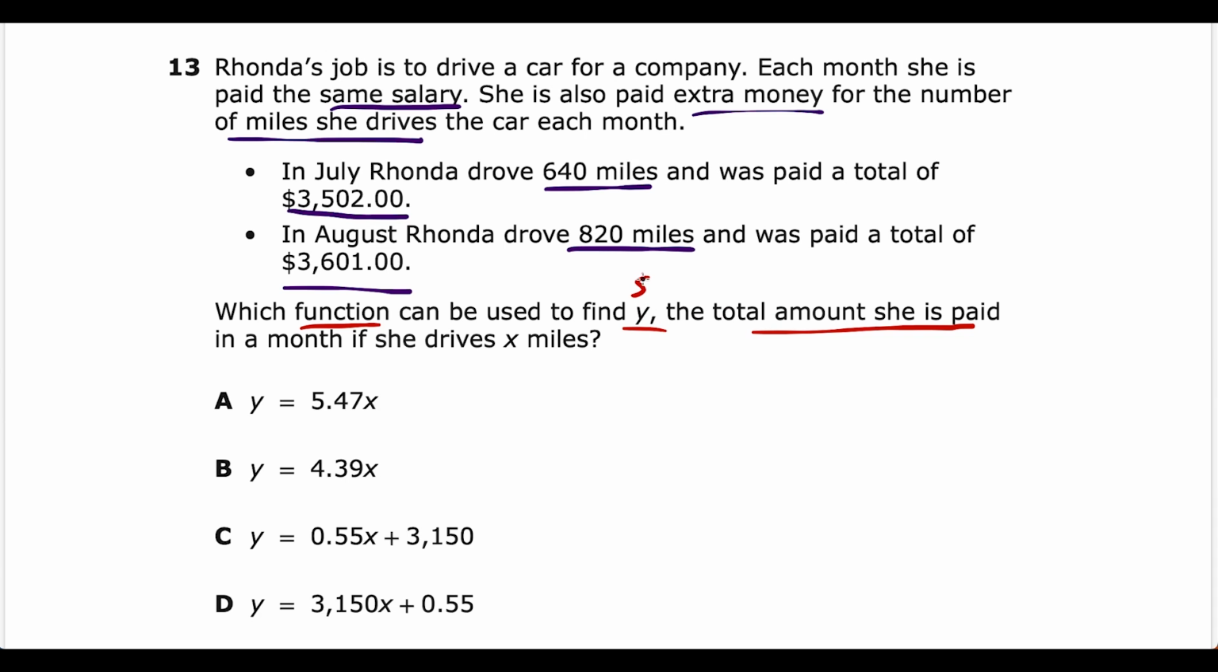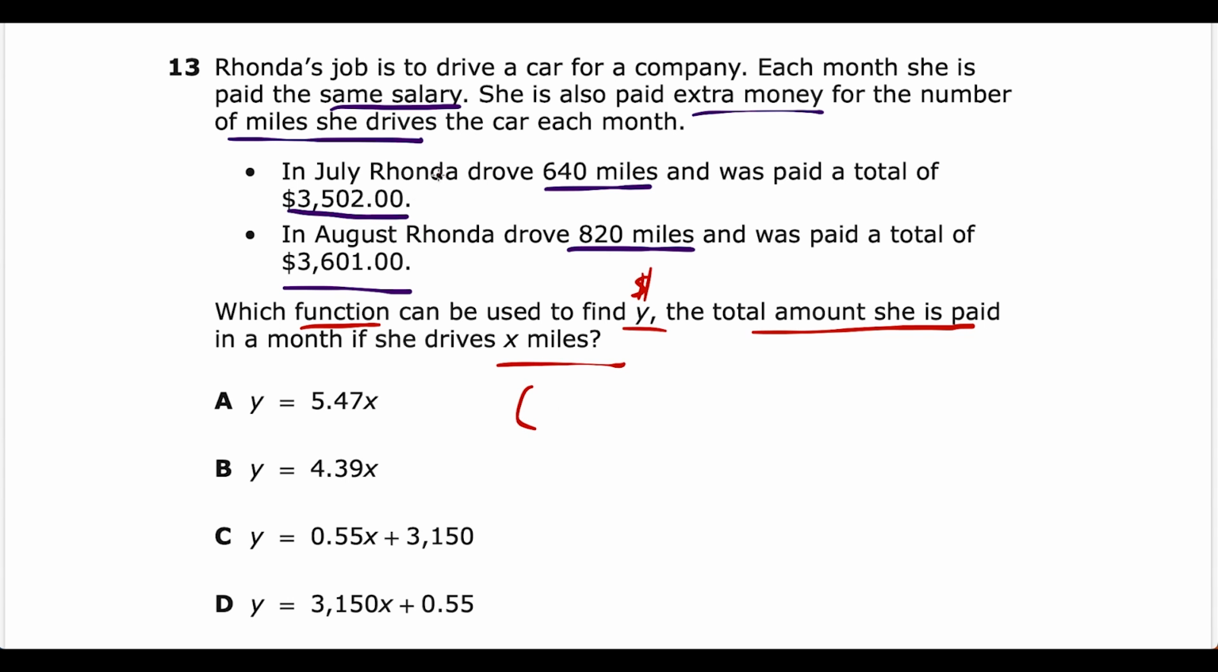So y is the dollar amount, and x is the number of miles. And these are all linear choices here. These are linear functions. So what we should be doing here is writing the equation of a line that passes through these 2 points. So remember, I labeled the x and y with the amounts here because when we write